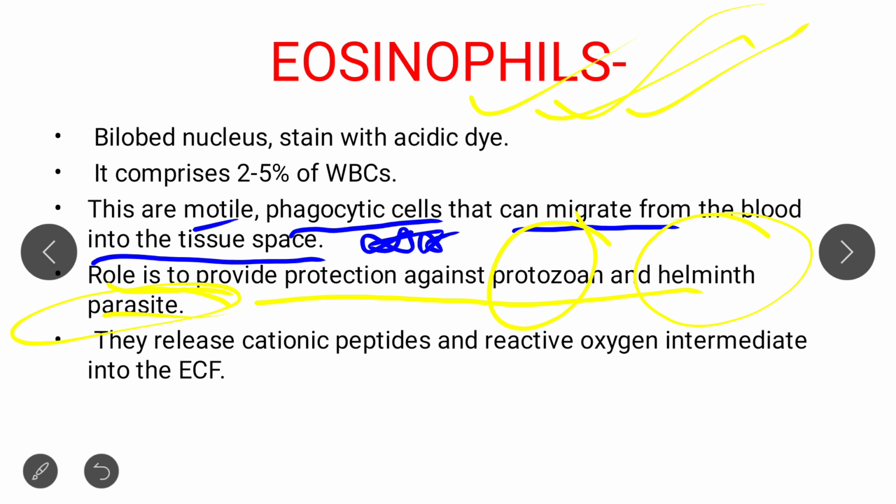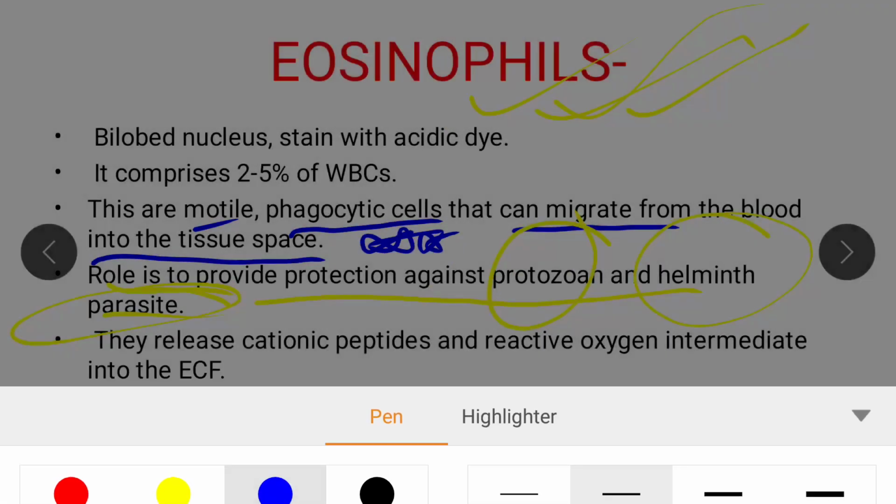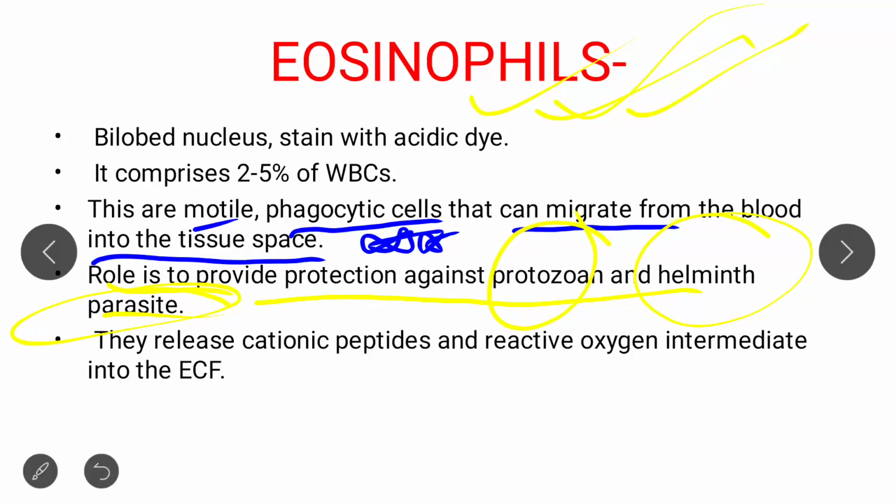Now the last point is how it protects. Basically, this can also be asked in the examination. This point is also very, very important. I remind you all that I put the most important points in my presentation, so that you will study the most important things, get each and every question in your favor, and you can easily answer. So how do they provide protection?